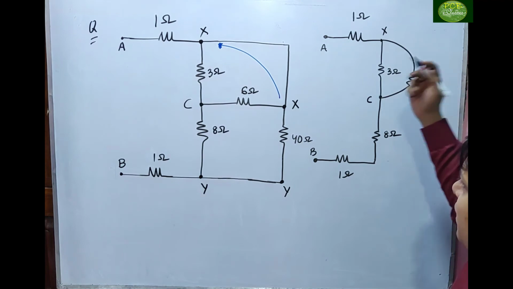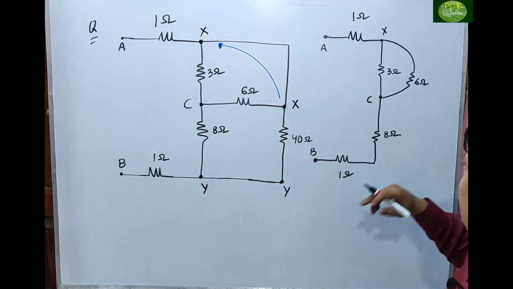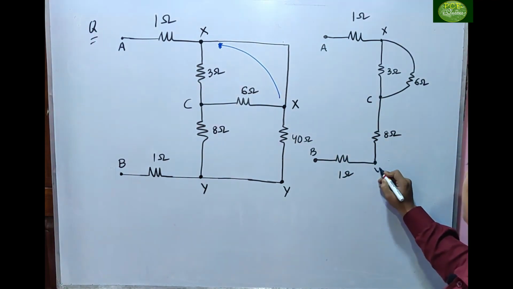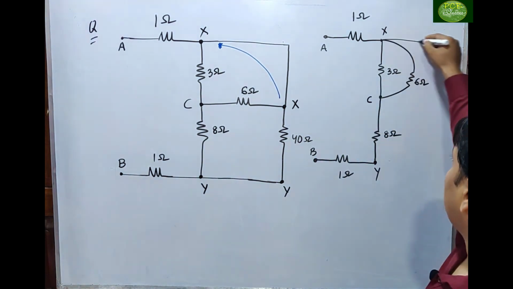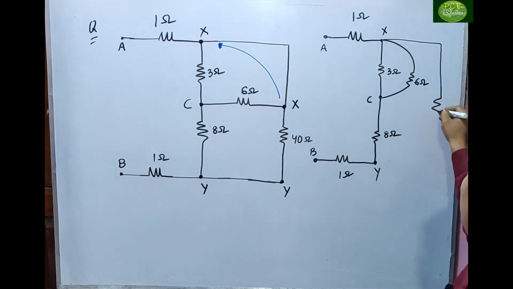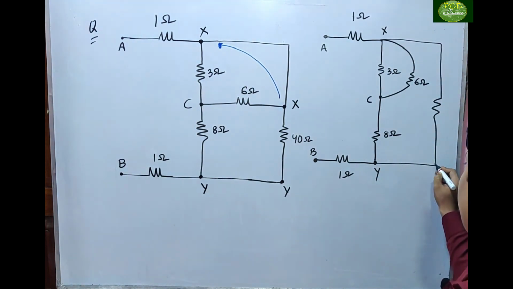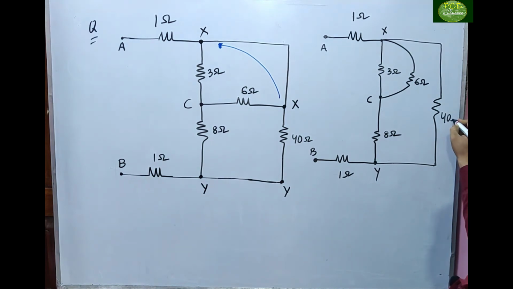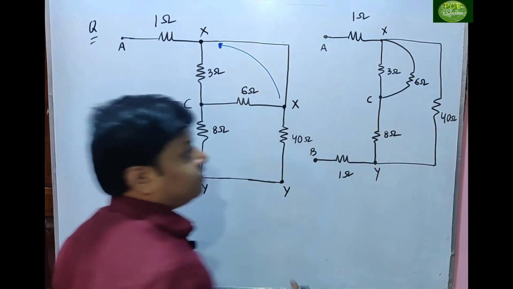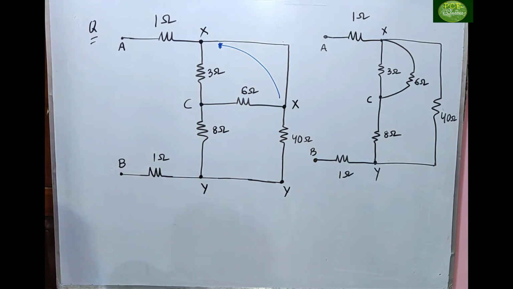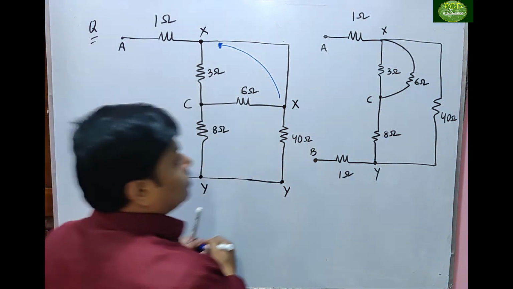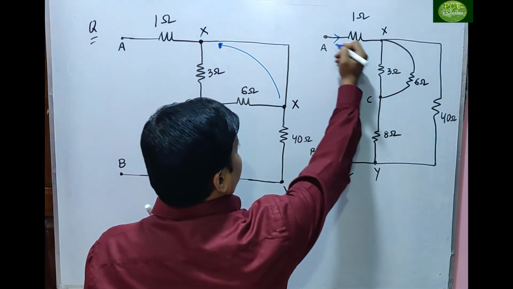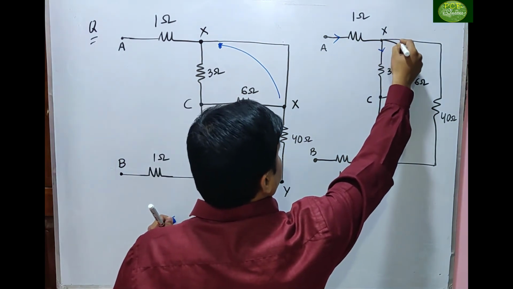Next, any other thing is pending? Yes. X to Y 40. X to Y. This is the Y point. X to Y 40 ohm is there. That means, can I redraw and write down this one as 40? See the equivalent circuit diagram? Can I write? Yes. This is the circuit diagram what we are solving. So assume the current direction, enters, divides.